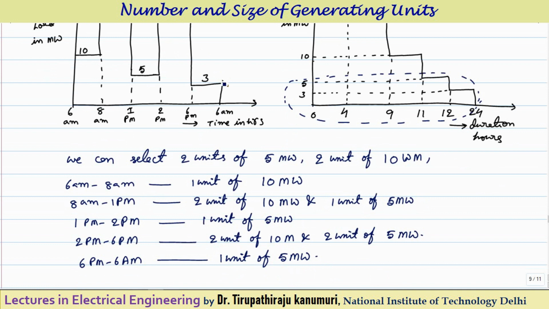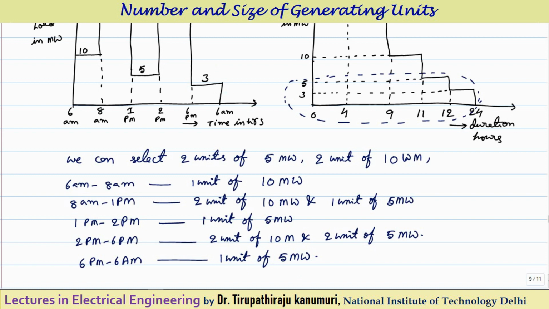But here a little bit of difference will come because we cannot fit the curve 100% accurately. If you want to fit it 100% accurately, then the number of units will increase drastically. I told you that because of that the cost increases drastically. That's why I have selected this unit as 5 megawatt even though the load is 3 megawatt. So in this way the scheduling will be done.